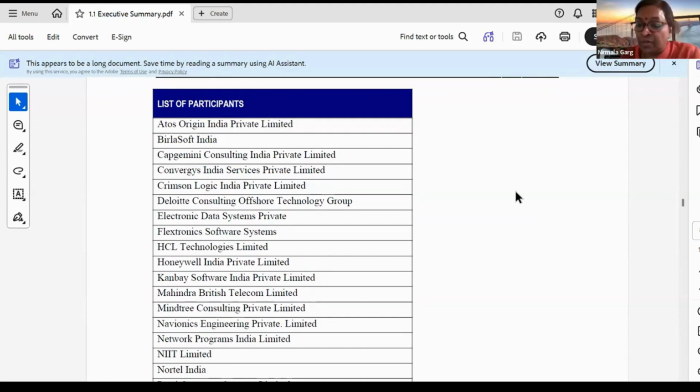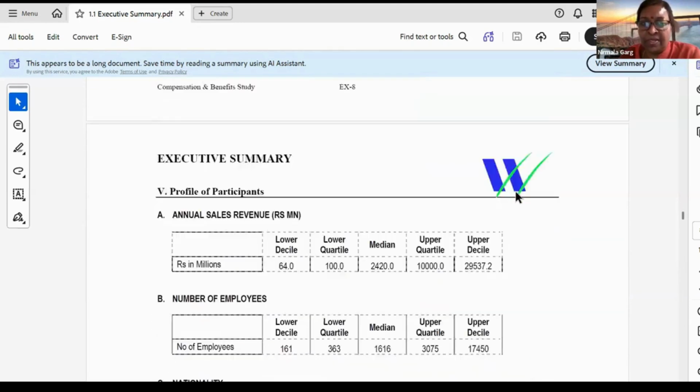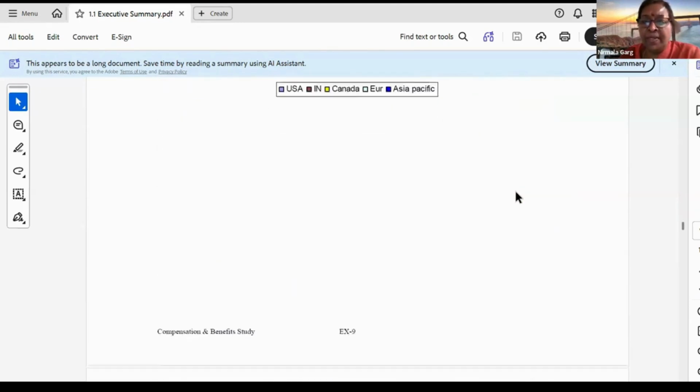So what I'm trying to tell you is, when you look at published survey data, you need to also look at the list of participants, not blindly look at the data, but look at whether the participants can form my comparators or peer group. Only then look at the data. So these are all those companies. Okay. Then typically,